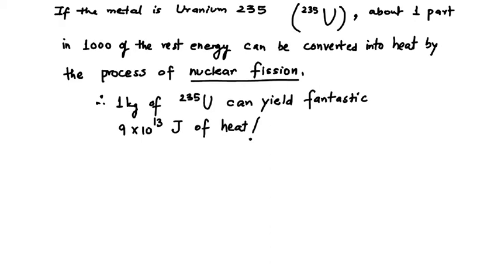So what we have seen so far is that even when a body is at rest, its energy is not zero, but is given by the famous equation E equals mc², which is called the rest energy of mass m. It can be converted into other forms such as kinetic energy of other bodies, and we'll see that in future. Now when the body is not at rest,